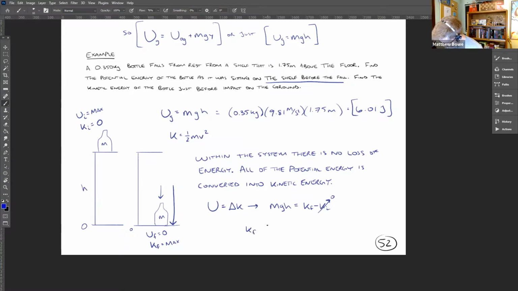We have kinetic energy final, which is the same equation that we've done above here, but kinetic energy equals it this time. 350 kilograms